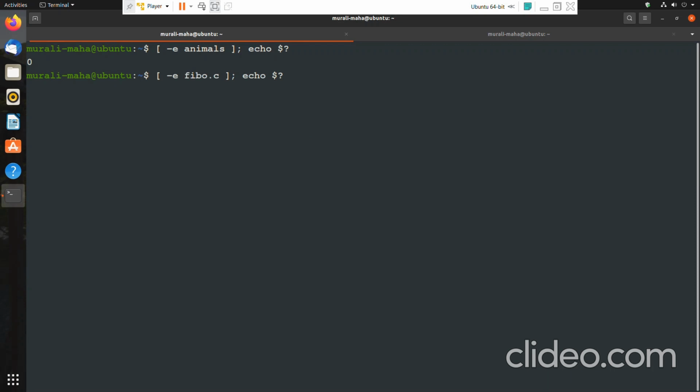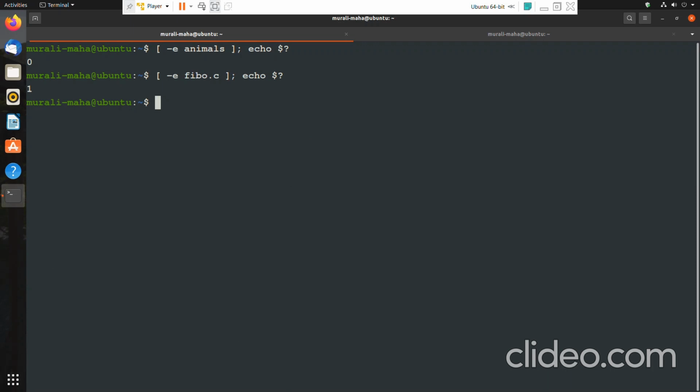So the test to check if the file fibo.c exists in the current directory has evaluated to false, and hence the test command has stored a value 1 in the dollar question mark variable, because this condition evaluated to false. This is the file test operator to check if the file exists.